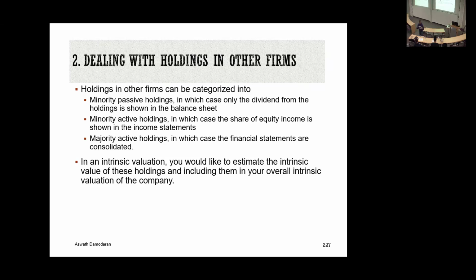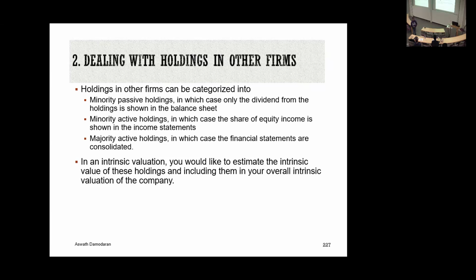So let's play it out. It was classified as a minority passive investment. So if you went to SoftBank's income statement, what did you see from that holding? The dividends that Yahoo was paying in 1997, which were zero. You go to the balance sheet, what would you have seen? You would have seen 50 million. Talk about a disconnect from reality, right? You can see how much you'd leave behind if you hold minority passive investments: very little information in your financials. Thank God, minority passive investments are rare.